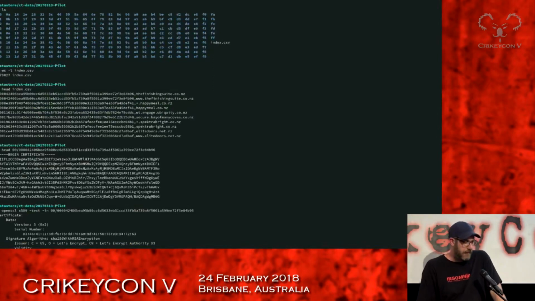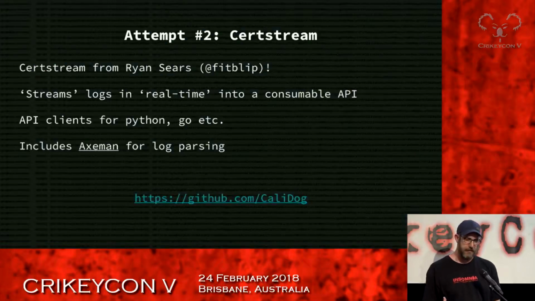I don't know how well it would show up on the slides there, but effectively it was a massive tree of flat files. It had an index CSV that said if you spot this name, it's in this hash. And then you can basically just cat the certificate out into OpenSSL and work through it. Most of my initial analysis on all of the data was basically setting awk over a file system, which wasn't too successful. So I decided to come back for round 2.